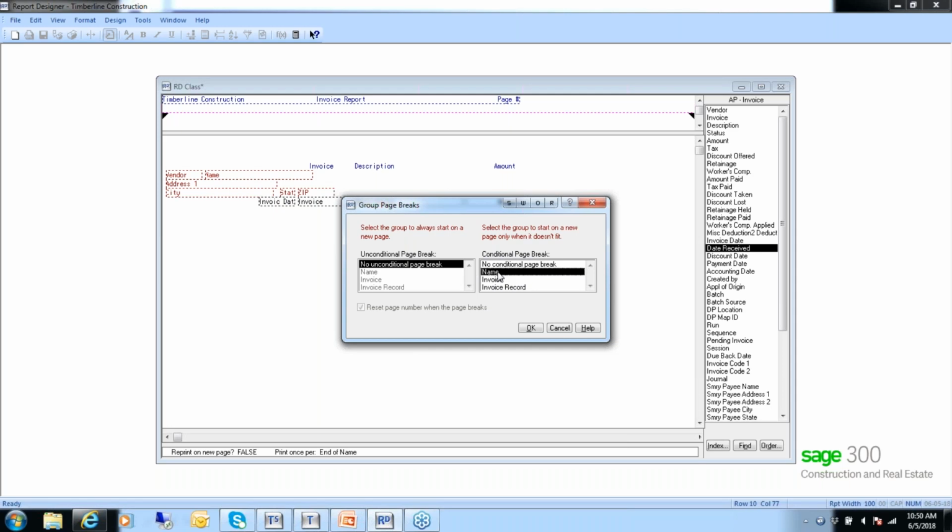But if the next vendor in the list has enough invoices to fit at the bottom of that page where vendor number 1 stopped, it's going to put them in there. So what we're trying to do is not split by the name itself, but we're trying to get things,